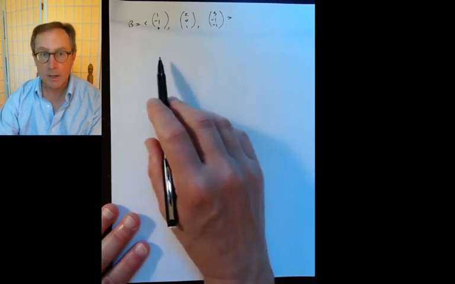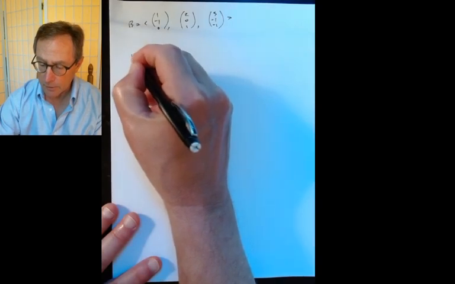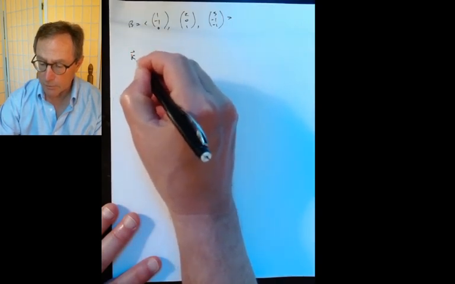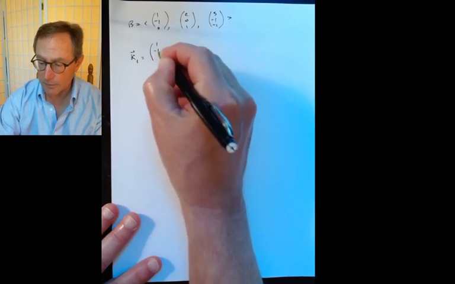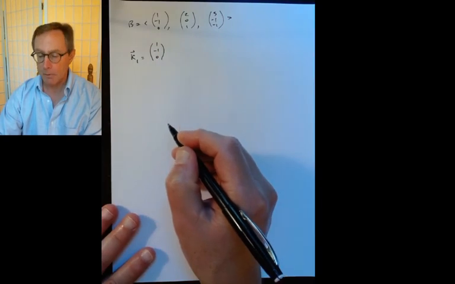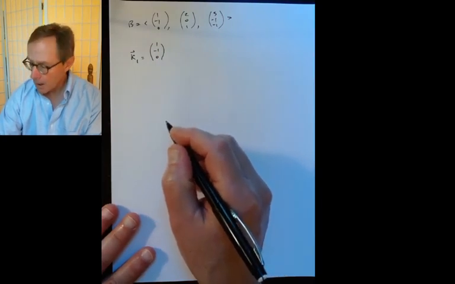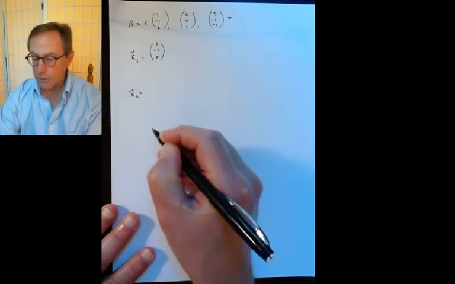mutually orthogonal, pairwise orthogonal. So what you do then is the first basis vector of the new basis, kappa 1, will simply be the first basis vector of the old basis. That is, you've got to start somewhere. So our initialization is to start with kappa 1 equals beta 1. And then kappa 2, you take beta 2,